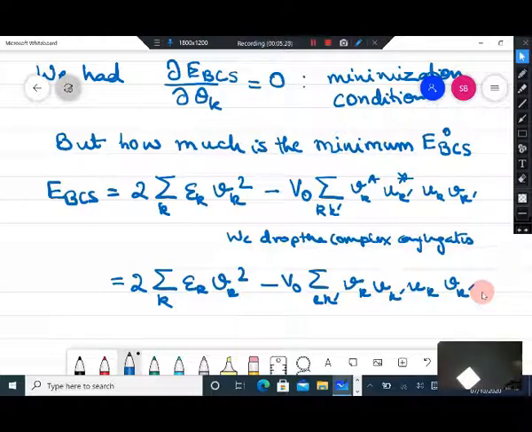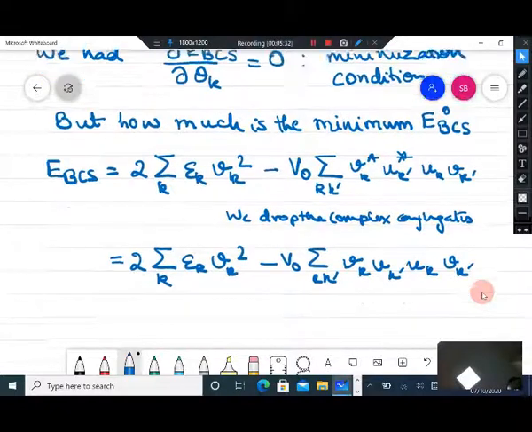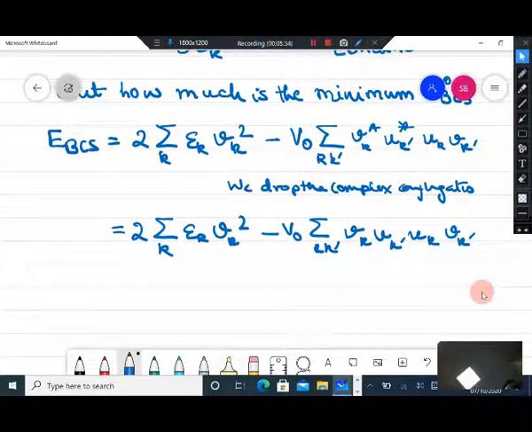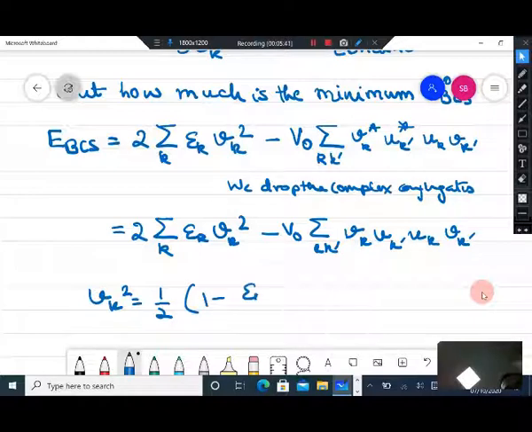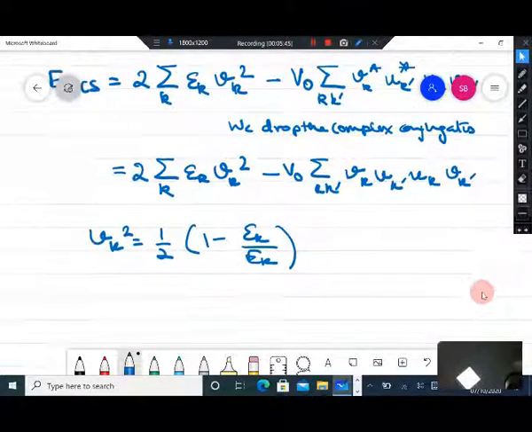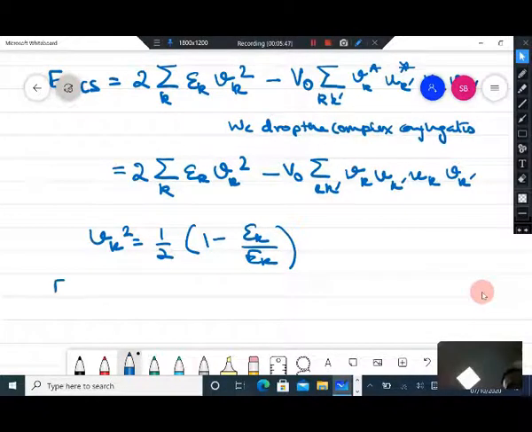So now you know that Vk square is half of 1 minus Ek by capital Ek. So we can substitute that in the above expression, and E_BCS, this is by doing the minimization. So at the minima, this is the solution that you get. So E_BCS 0 is,